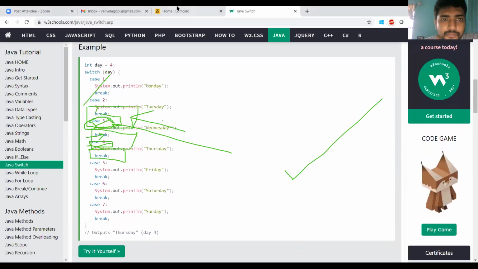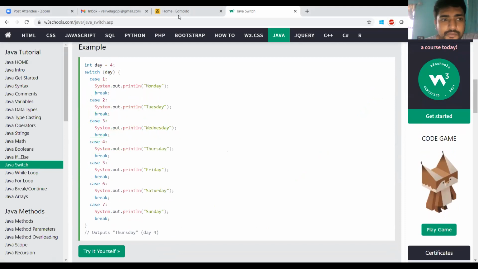So let us see one program. Suppose we want to print the day. Here the day value is assigned as 4, which means the fourth day has to be displayed. I am passing the expression as the variable day.